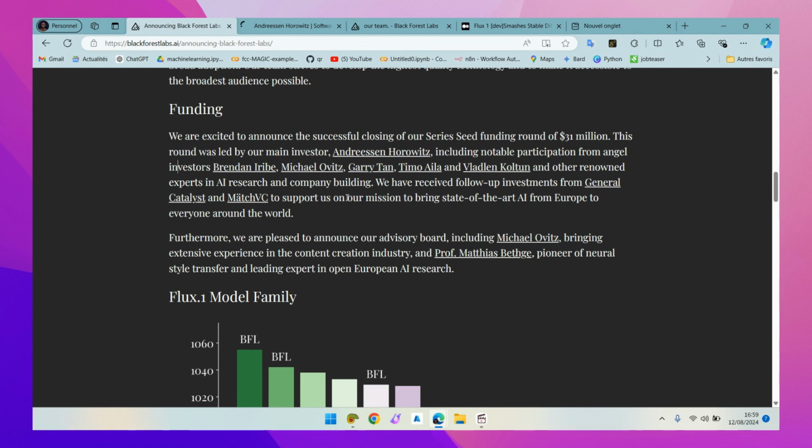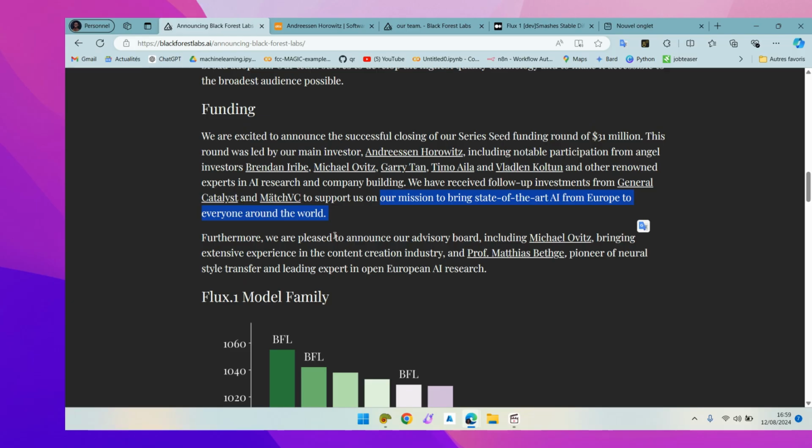The mission is very simple: bring state-of-the-art AI from Europe and everywhere for everyone in the world without payment. But later I will show you that there is a trick